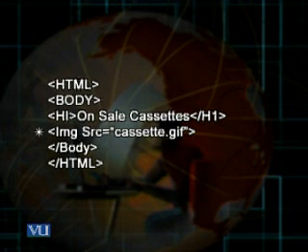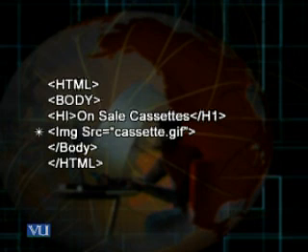The syntax is that I write the 3 letters img, then I use its attribute src, source, and then I put its value as the image file name of the image I want to apply on my HTML page. Assuming I have stored this image file, the VU logo, in the same folder where this code is residing, I have named this image as cassette.gif.